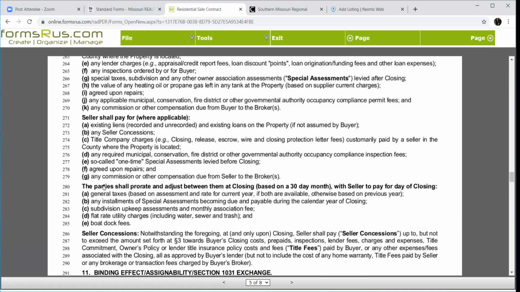Then it comes down to the items that we would prorate with that particular seller. So if we sold it on June 30th, buyer's going to pay for 6 months of taxes, seller's going to pay for 6 months of taxes. So if we've got leftovers, then the seller would prepay that for us. So if this cost $500 and we've still got $500 left over, that goes back to the seller. Your buyer doesn't get that.